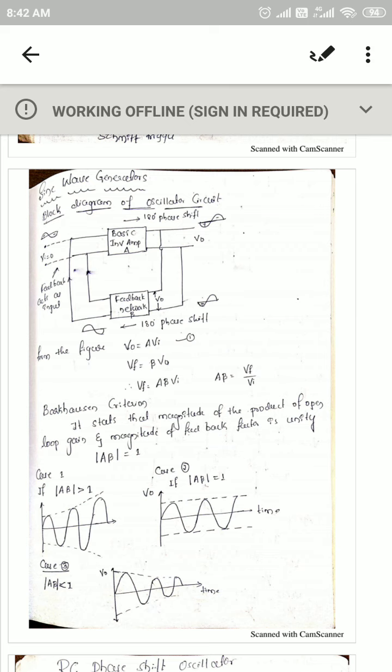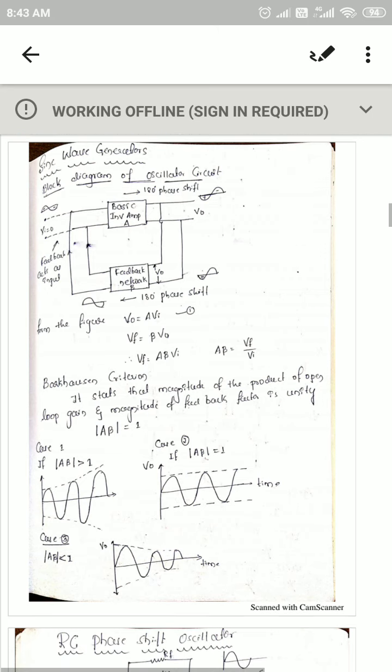If you have heard about the sine wave generator, the one thing which comes to your mind is the RC phase shift oscillator, or any phase shift oscillator. You already know the criteria to produce oscillations in the RC phase shift oscillator. Today I will explain the basic criteria to produce the oscillations, and then I will go on to the derivation and working principle of the RC phase shift oscillator, and so on.